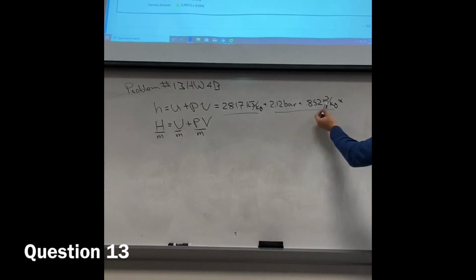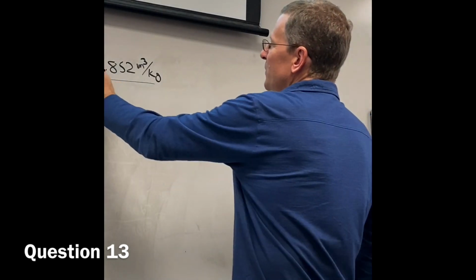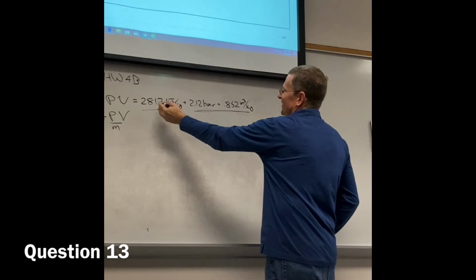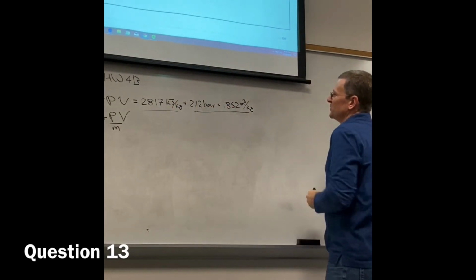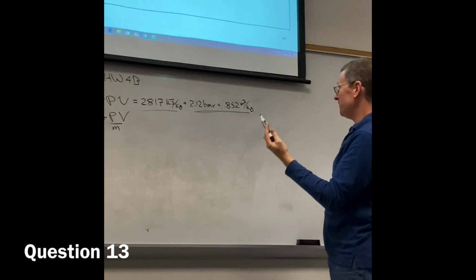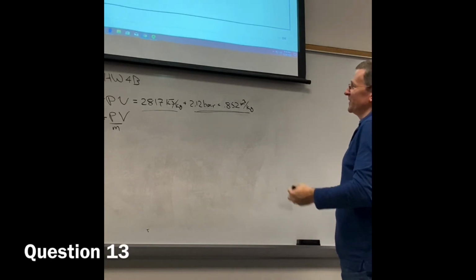Really, bar cubic meter is the only thing I have to convert. We're going to try and match our kilojoule per kilogram to bar cubic meter per kilogram. Maybe they're equivalent, but if so, we have to prove it. If they're not equivalent, then we need to